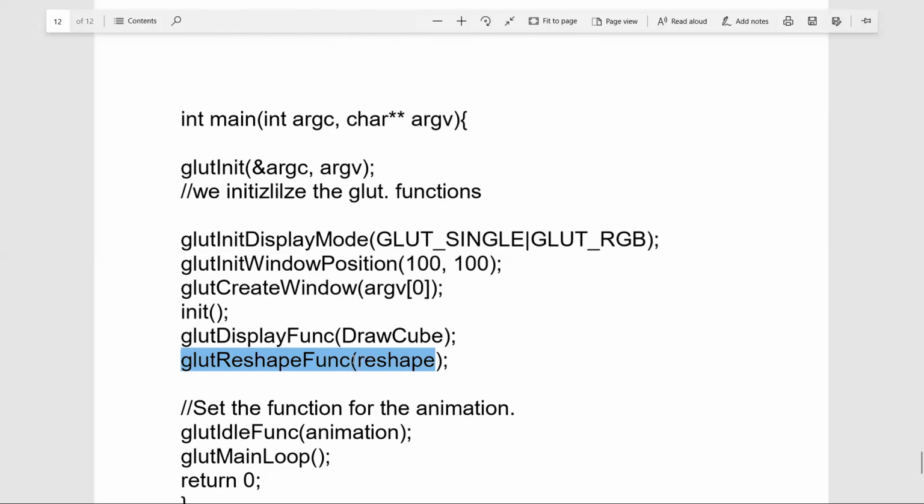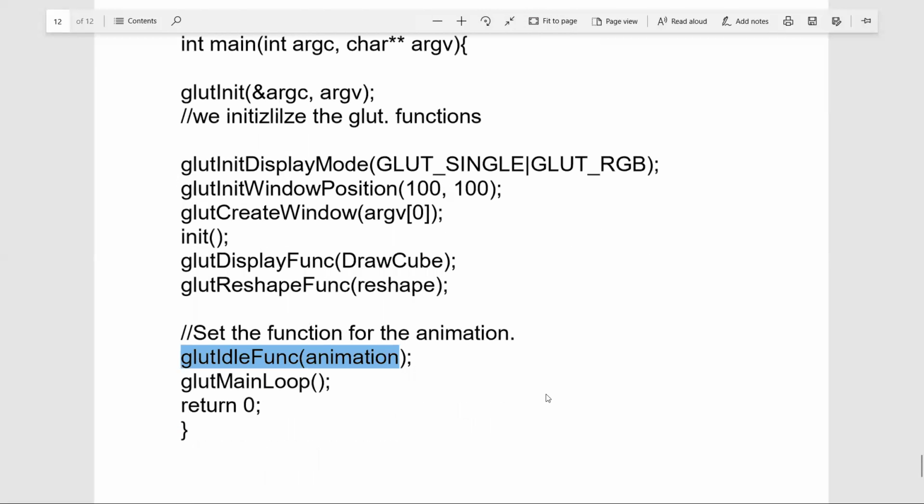Again there is a reshape function, where the complete object can be reshaped, and we are using the glut idle function for animation.